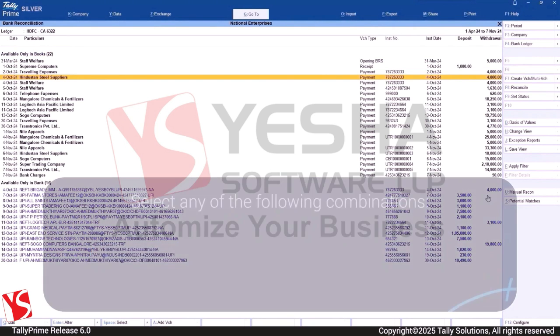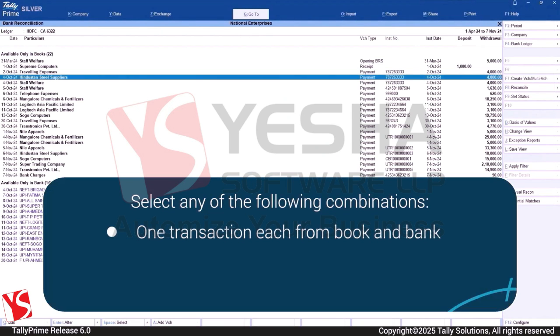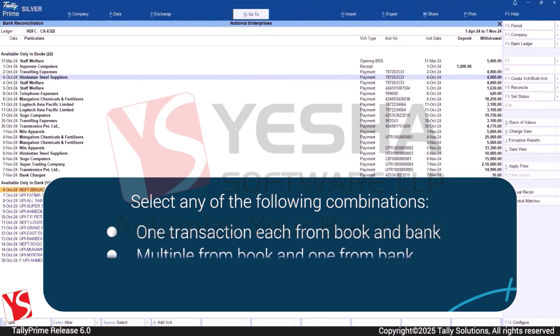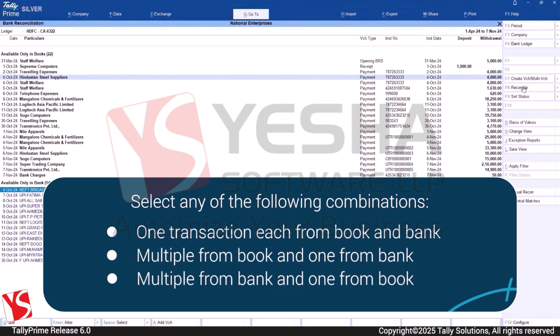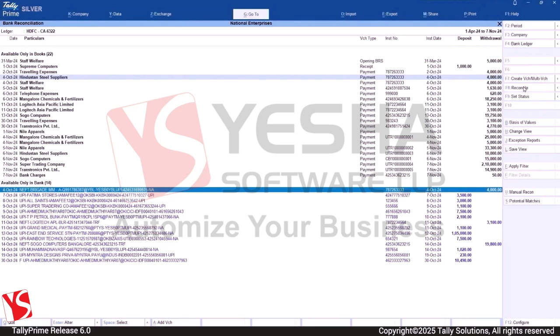In the bank reconciliation report, you can select one or multiple transactions from your books against one or multiple transactions from the bank, and then press F8 to reconcile.